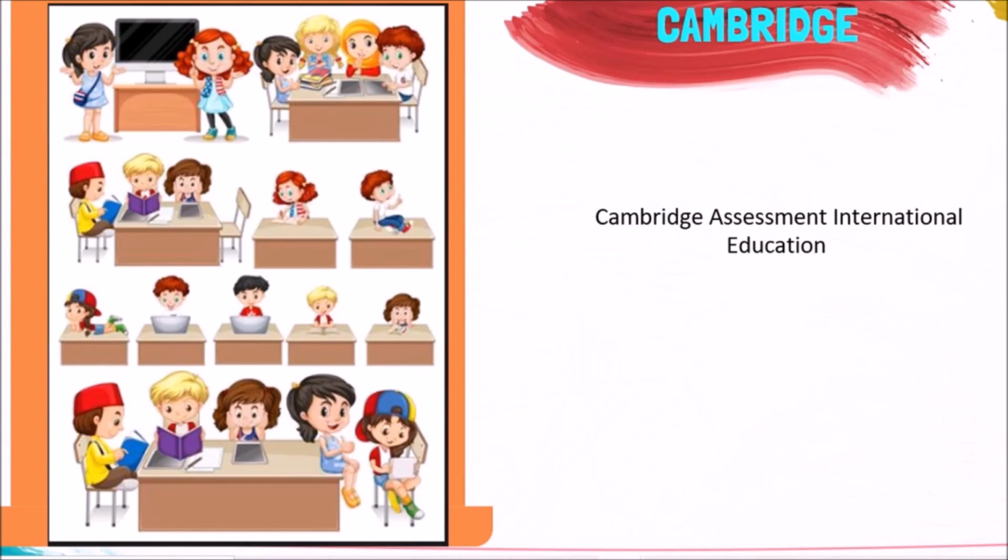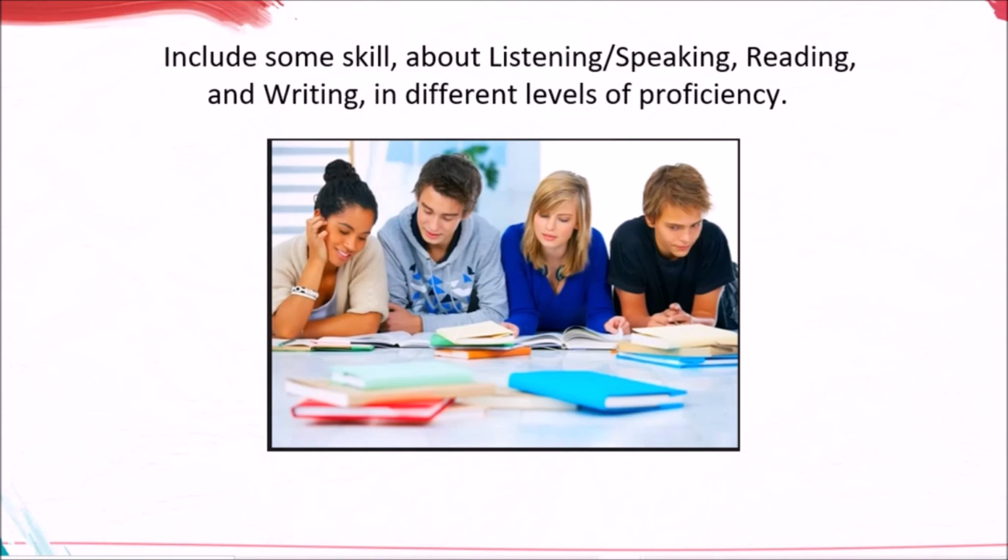So Cambridge is Assessment International Education. Some characteristics: it is the second oldest English-speaking university in the world. They are independent and separate institutions from the university itself, with a high level of autonomy. It evaluates different levels of proficiency, including skills in listening, speaking, reading, and writing. So it's very important to analyze different levels in practice,